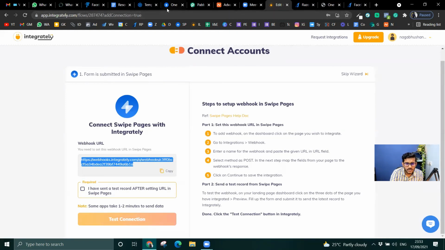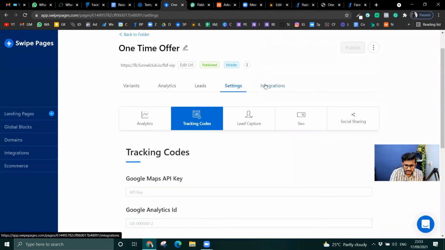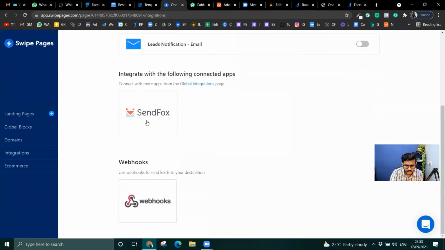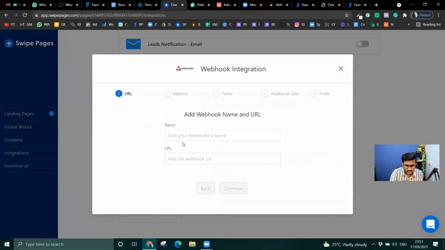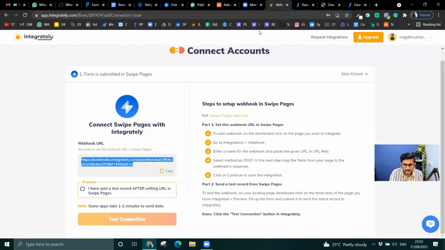So if I go to Swipe Pages and go to the integrations, then you have webhooks. Click on webhooks. Give a name for your webhook. I would say for Zoom, I'm using it. So I'm calling it Zoom. URL is this, and just say continue. HTTP method. I will just refer back to these.